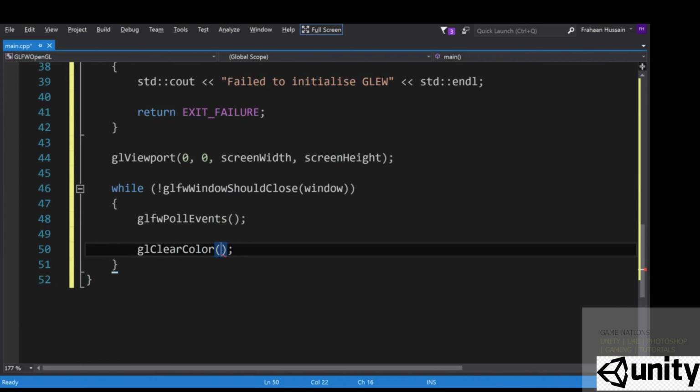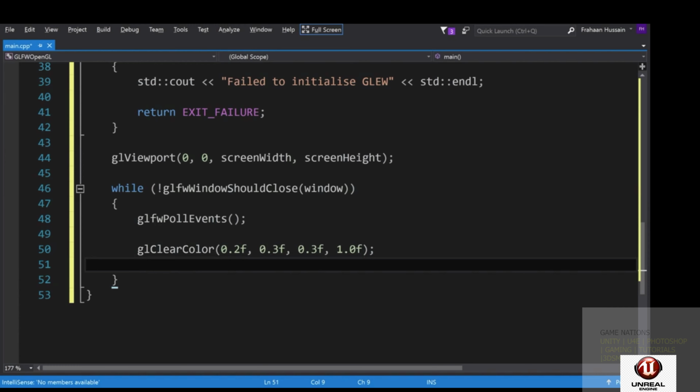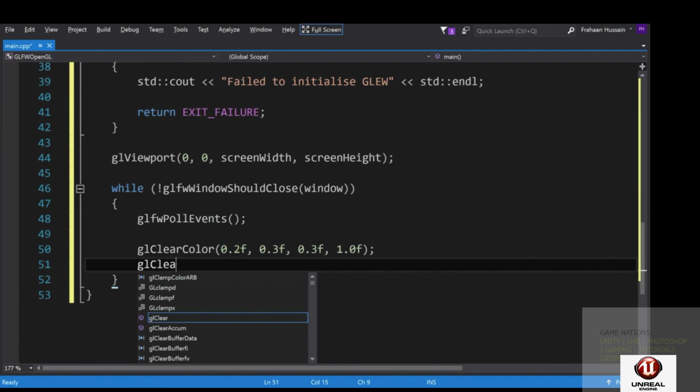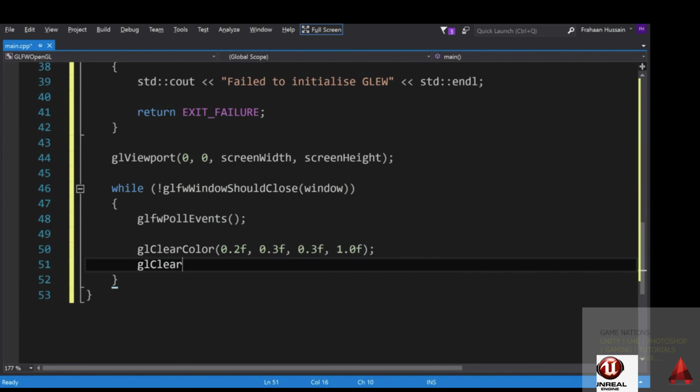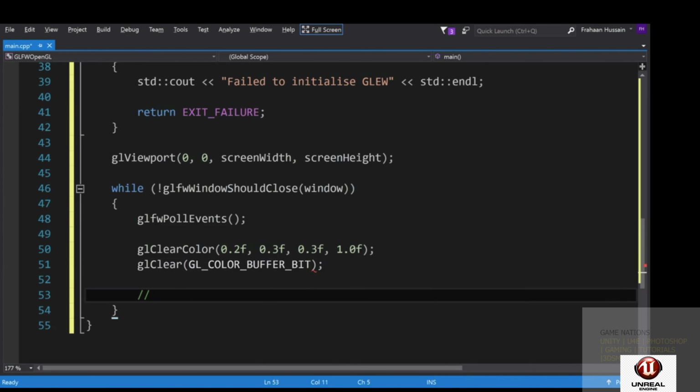So we're going to put 0.2f, 0.3f, 0.3f and 1.0f. Now we're going to do glClear. This line is necessary to actually clear our window, so we're ready to draw the next frame. I'm going to put GL underscore color underscore buffer underscore bit, and after here is where you would